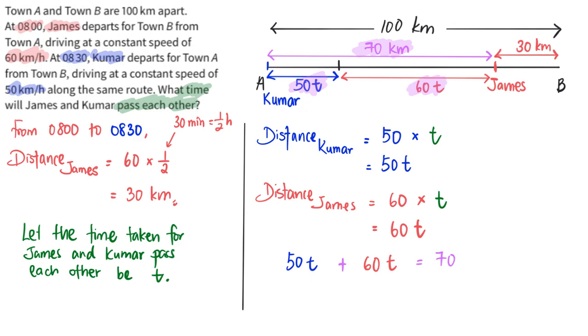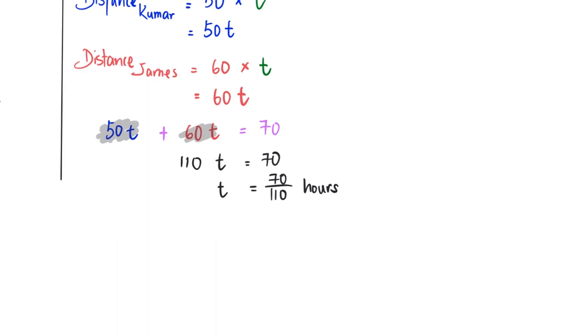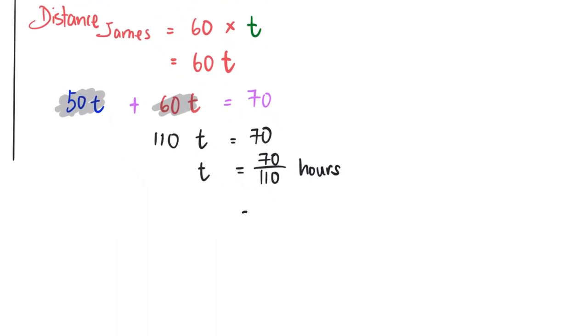So if I continue to solve, 50T plus 60T will give me 110T. This one is equal to 70, and therefore my T will be 70 over 110, dividing by 110 on both sides. And this one is given in hours. So, let me create some more space. I shall now convert it from hours to minutes, which means I'm going to multiply by 60 to give me minutes. So 70 over 110 times 60,